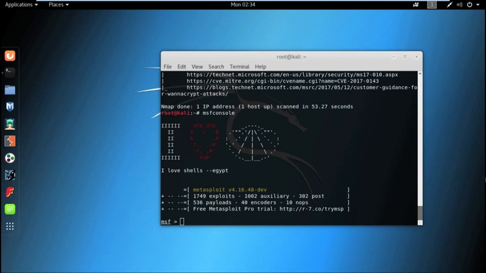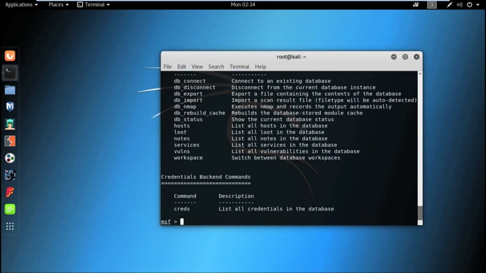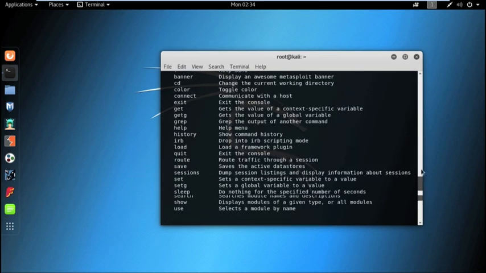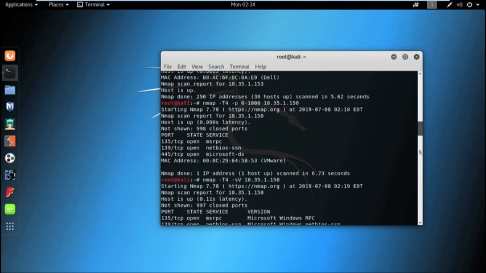Now, I am discussing some basic commands of Metasploit. After starting the Metasploit framework, we can check for the basic commands by using the help command. By using the command help, we can get all the available commands in Metasploit.